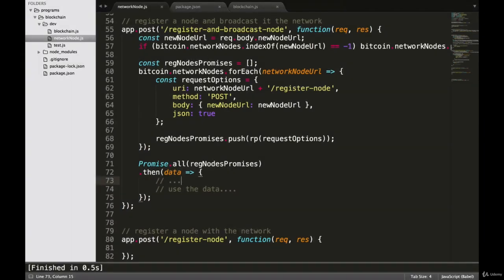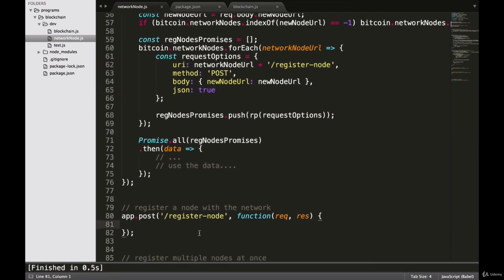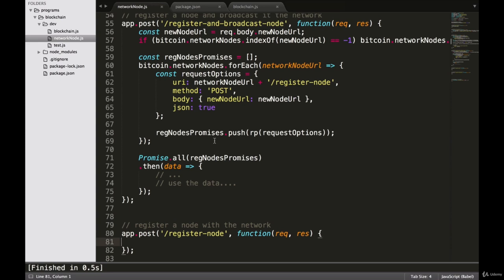Okay, let's continue building out our register and broadcast node endpoint. At this point, we have registered the new node with the current network node that we're on, and we are broadcasting the new node to all the other nodes in our network. So we are hitting the register node endpoint on all the other nodes inside of our network. And we're assuming that those other nodes are registering the new node, which we haven't built out yet, but we're assuming that it's working. And then after that whole broadcast is completed, down here inside of our .then statement, now